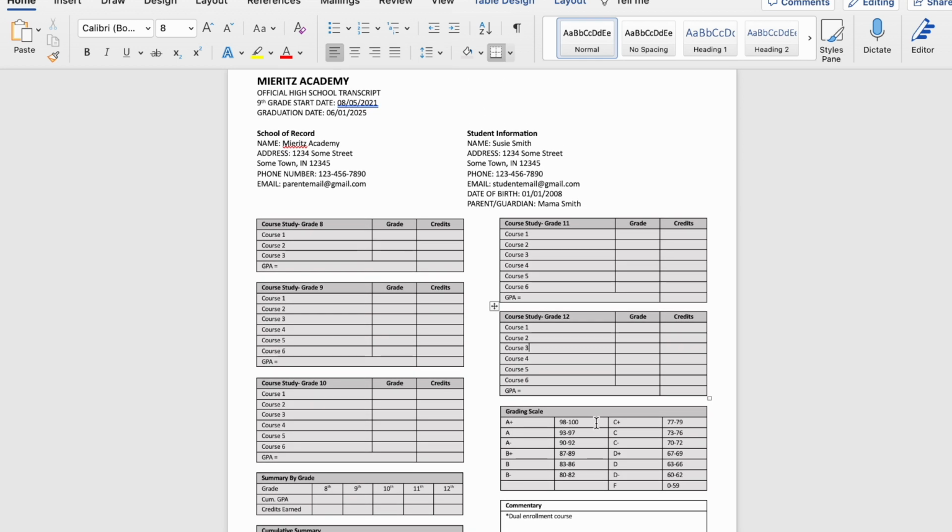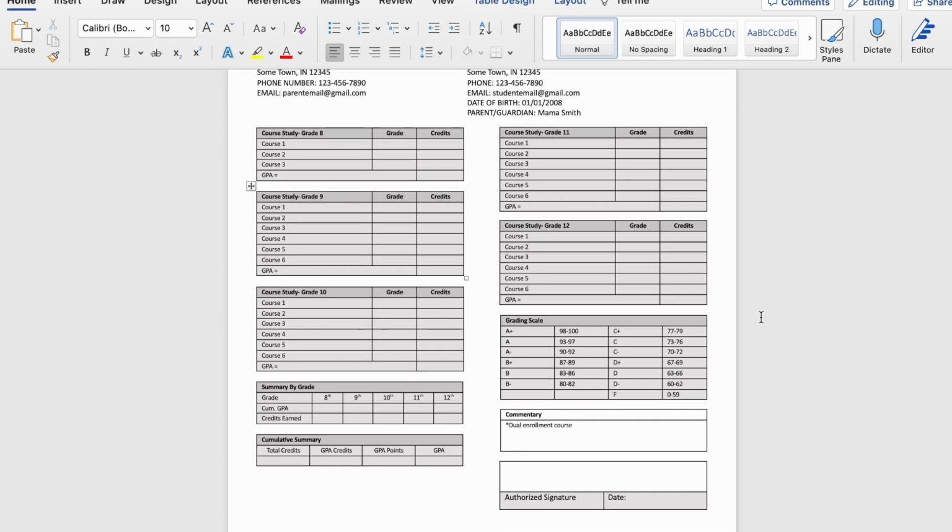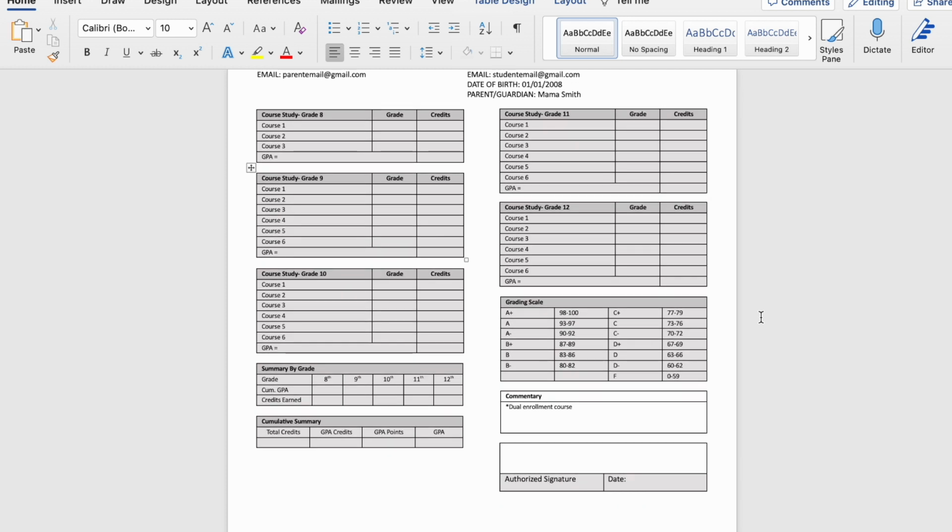And if you don't want to create it from scratch yourself, you can always download a template from different websites, or you can pay for a template. There are templates you can purchase on Teacher Pay Teachers and Etsy, and you can fill those in. I just wanted to be able to create something that I could customize myself on Word, and this didn't cost me a penny to do. It just cost me a little bit of my time. And then I'll save this as a template,